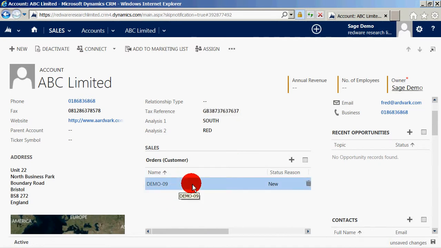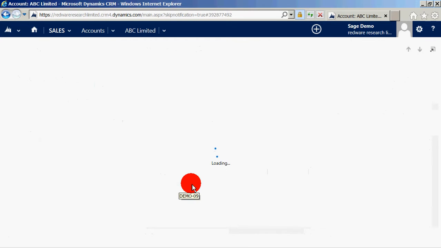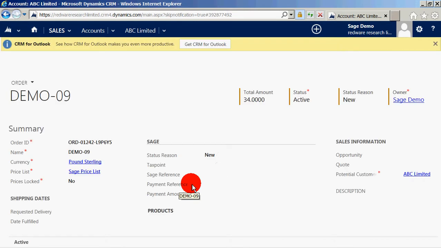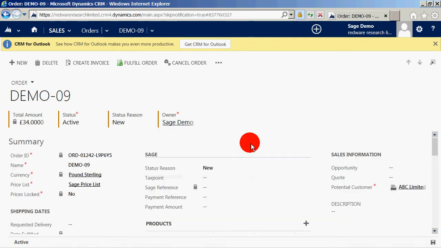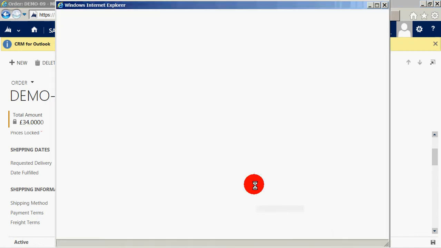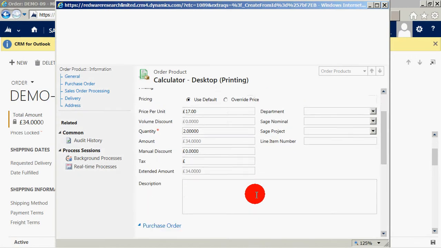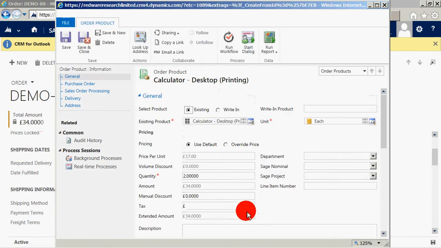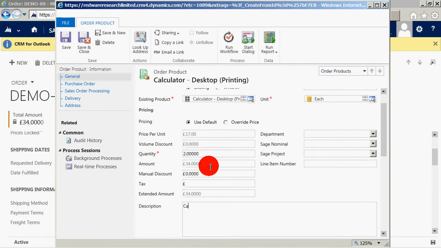Here is the order that I've created already. Again, we're using a standard order. This is a standard order form from CRM. There's one thing you might like to note, which is on the order item. We've got a description field here where we can change the description that's going to show up on the invoice itself. So "calculator for Johnny" is what we'll put in there, and that's going to overwrite the